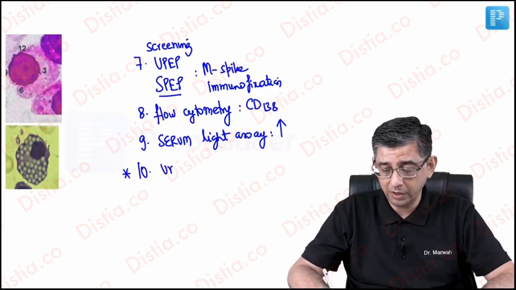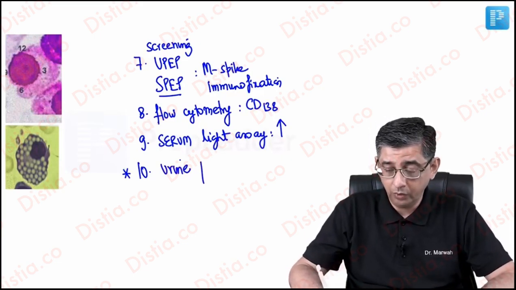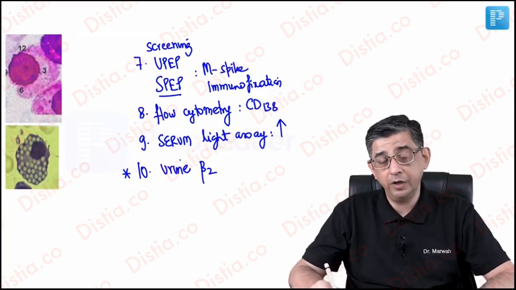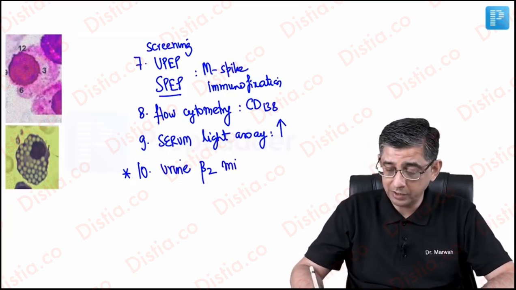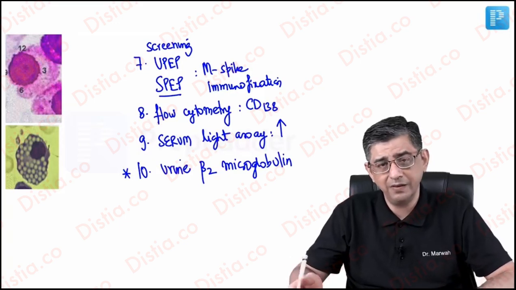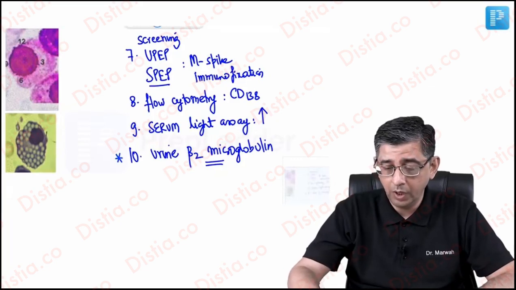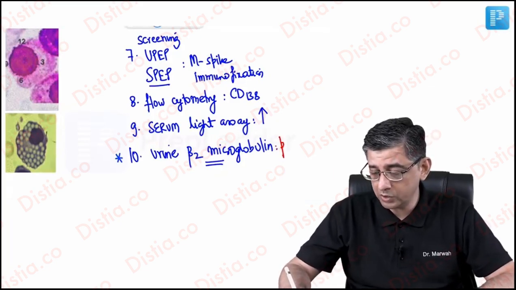This has been asked in ANICET a couple of times, even in the FMG exam a couple of times: what is the test that will tell you regarding the prognosis of these patients. In the options, he will also write serum beta-2 transferrin. Now, you very well know serum beta-2 transferrin is in CSF. It is serum beta-2 microglobulin levels, which will help you in determining the prognosis of these patients.